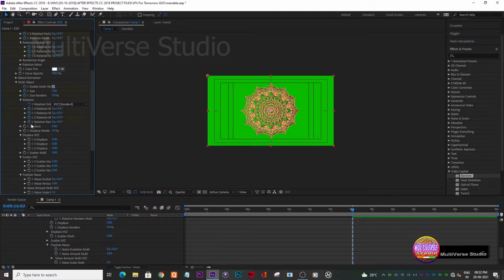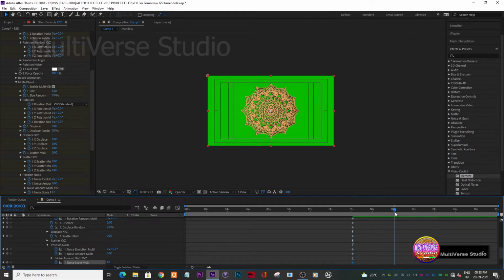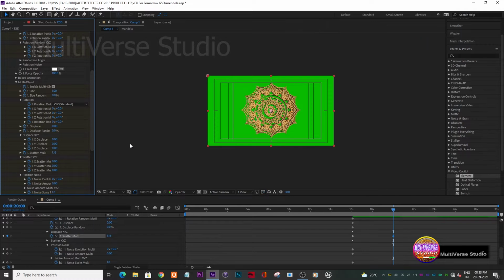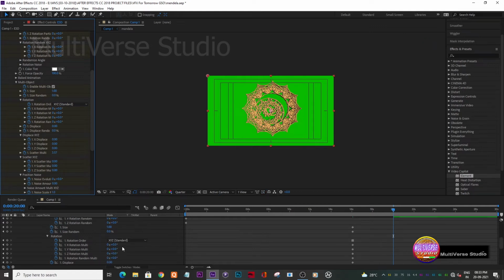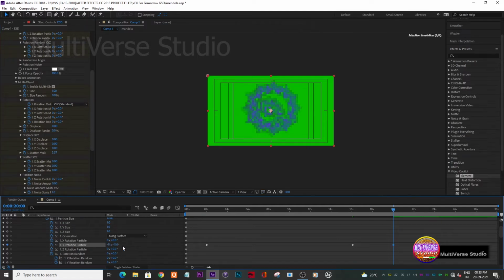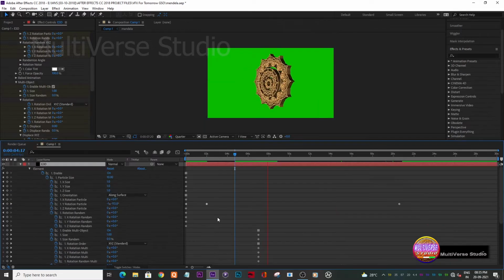Now keyframe all the positions at their current frame and go further in the timeline to where you want the shatter effect to happen, and increase the shatter option along with the displacement and displacement random options. You can also change some other values as per your needs. Here I am just changing the Y axis, shatter option and displacement along with the displacement random option, which looks something like this.